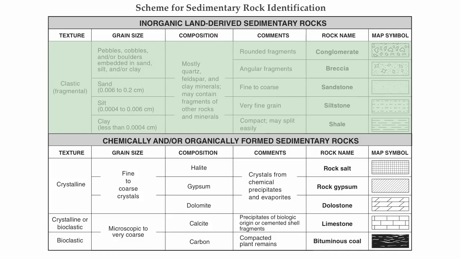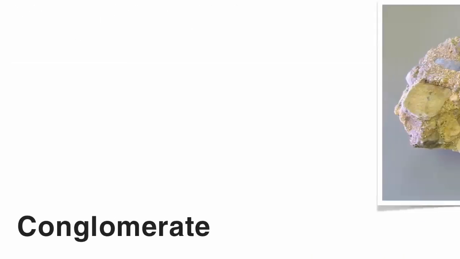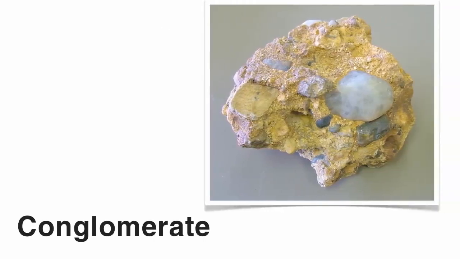So let's take a look at some of these clastic sedimentary rocks, beginning with the first one, conglomerate. Conglomerate is composed of all different size sediments or clasts compacted and cemented together. So you'll have big cobbles, pebbles, maybe even boulders, compacted with small sand, silt, and clay. Notice that the sediments in a conglomerate are rounded out, likely due to flowing water that ran over them sometime